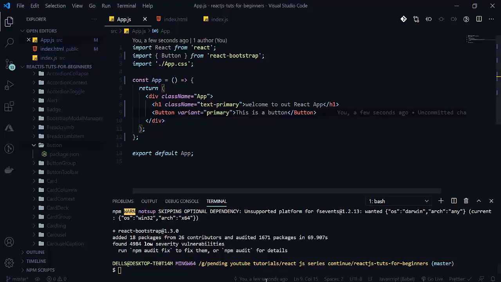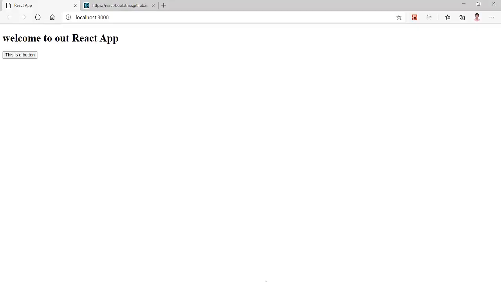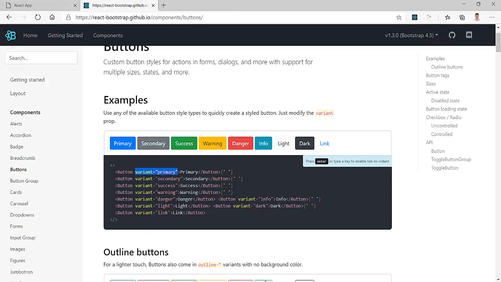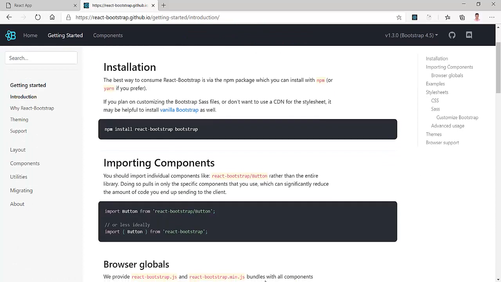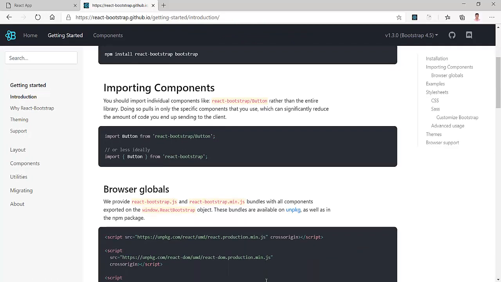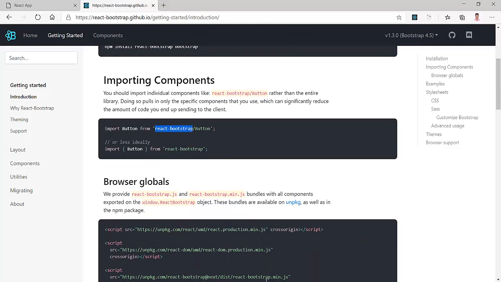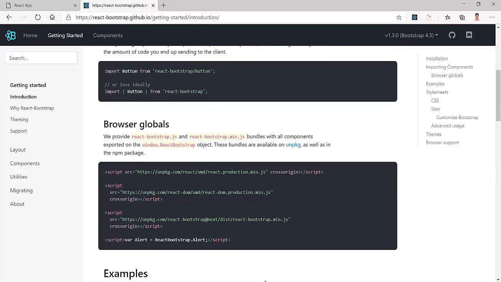So why is this not showing? I imported the button, but it is not showing. So let me copy this again. When I click on get started, let me see install React Bootstrap, React Bootstrap button. So we will import that.